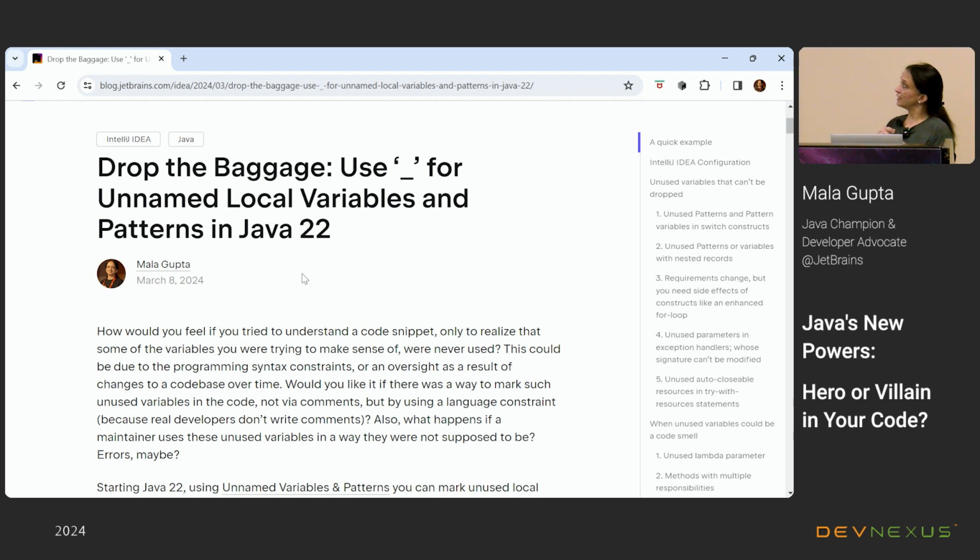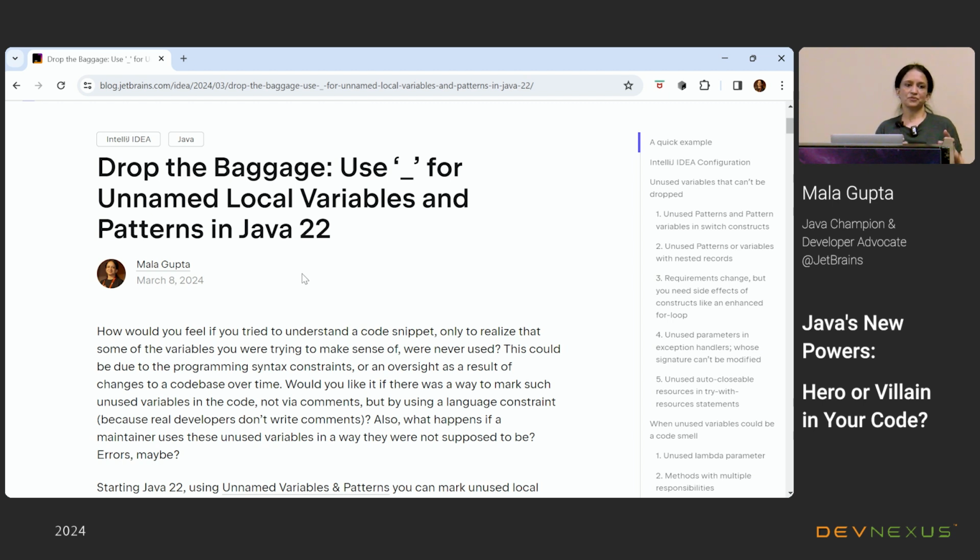Because if there is a variable that is not being used, should that variable even exist in our code bases? That's a point to be taken care of. If the syntax requires the variable to be there, we cannot just live without it. We are using the side effects of the variable, but we are not actually using the variable. Yes, it is okay to have the variable and we can replace that with an underscore.